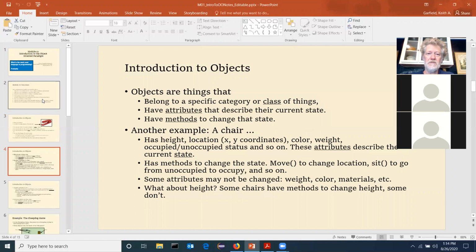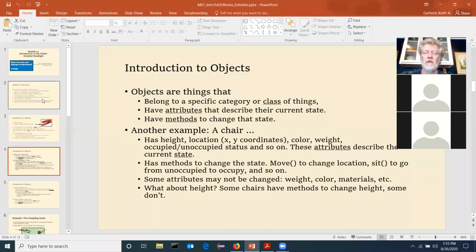How does that relate to software? Software objects are exactly the same. They are software objects that have state, that belong to a class, and have mechanisms or methods by which you can change the state. So the word object is not an accident. It's not trivial. It helps you understand what you're doing. The object-oriented paradigm, instead of building one piece of software that runs from the top to the bottom, you build a bunch of objects that do different jobs. Each of those objects belongs to a class or a category. Each of them has state. Each of them has methods by which you can